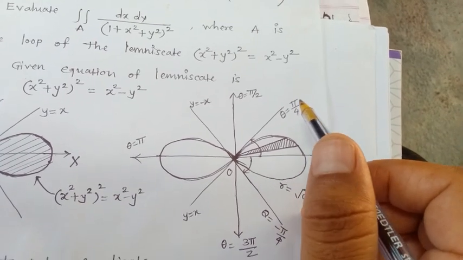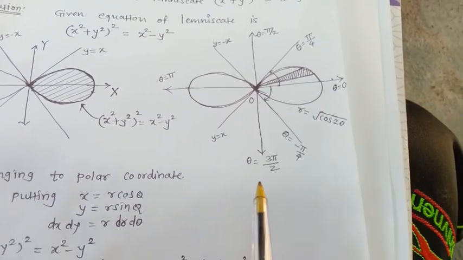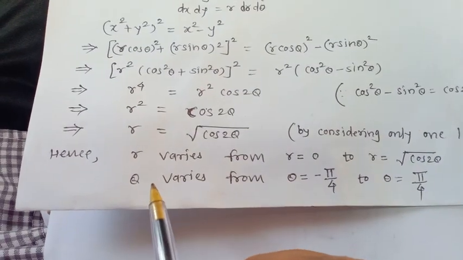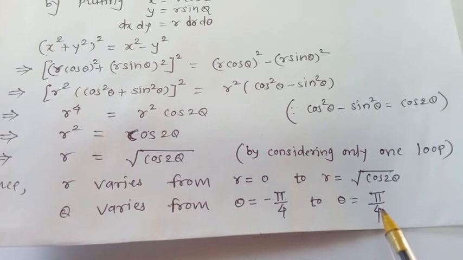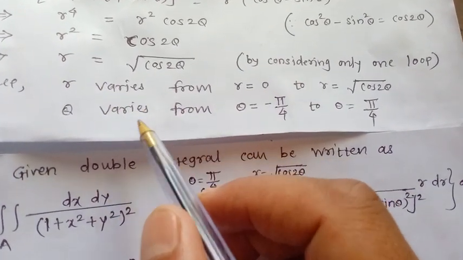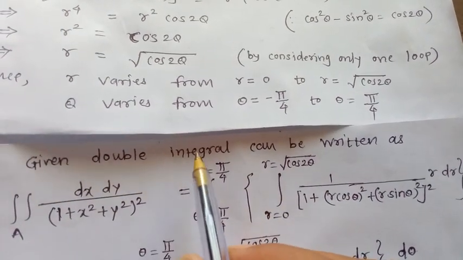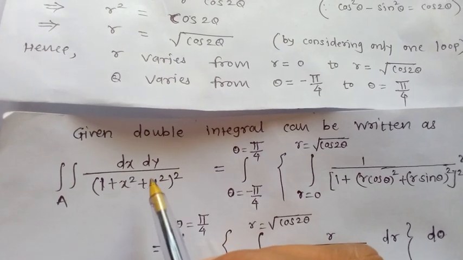That means the limit of theta is from theta equals minus pi by 4 to pi by 4. That means we can write theta varies from theta equals minus pi by 4 to theta equals pi by 4. Now we got the limits of r and theta. So using those limits we can write our given double integral as the integration of dx dy upon